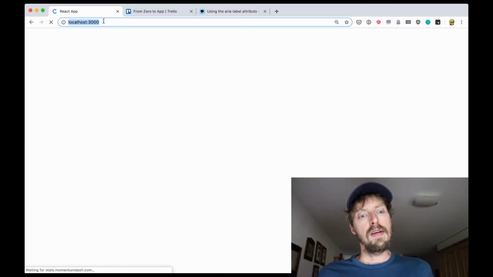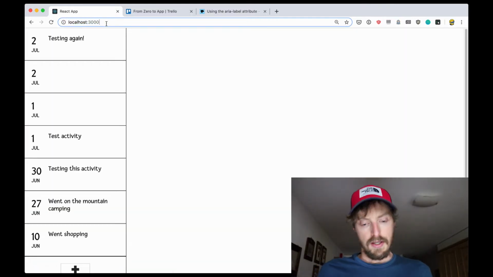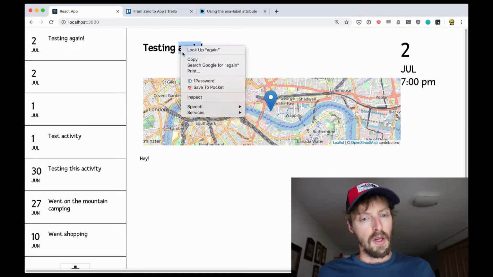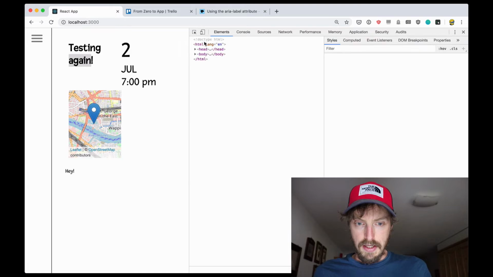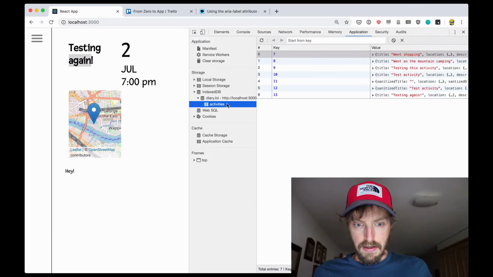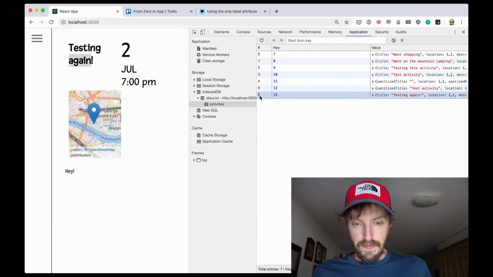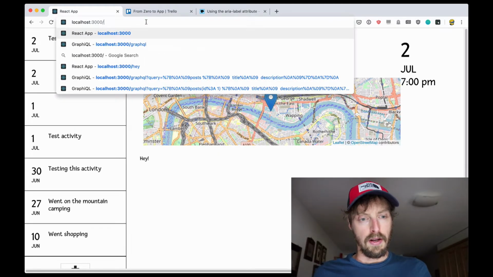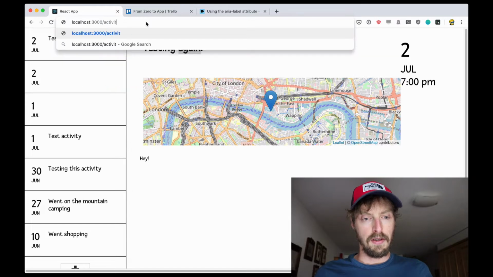This is because I'm not using URLs. For example, if I'm opening this activity, which has an ID of 6 in the IndexedDB database, I should see a URL